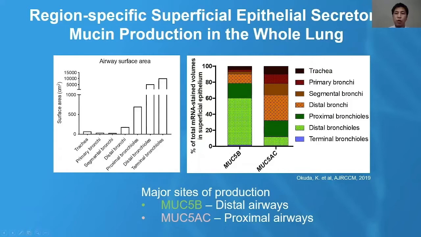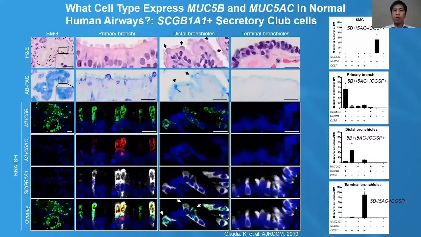Despite the exponentially greater surface area in small airways. So based on this estimation, MUC5B is predicted to be the predominant mucin in human airway mucus. So next we looked at cell types expressing MUC5B and MUC5AC in different regions of airway in association with airway